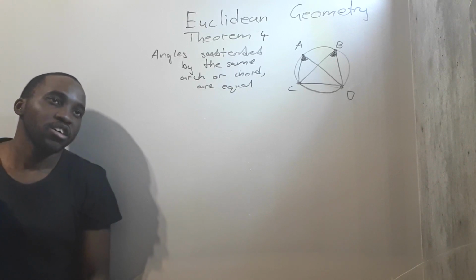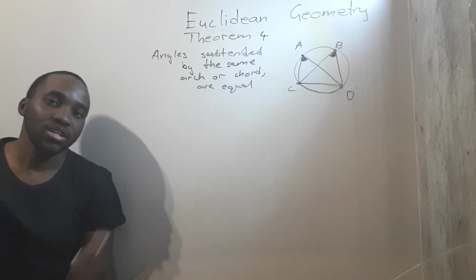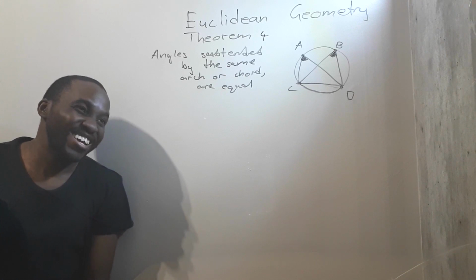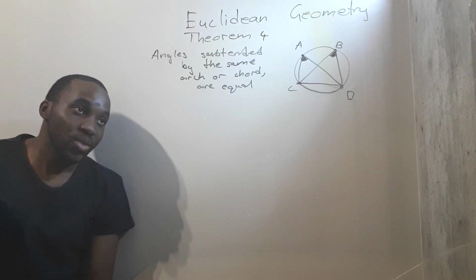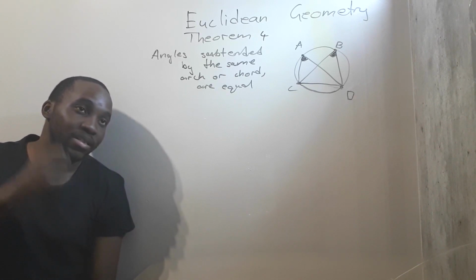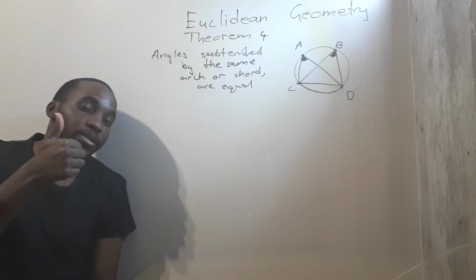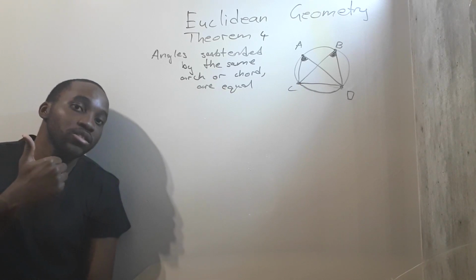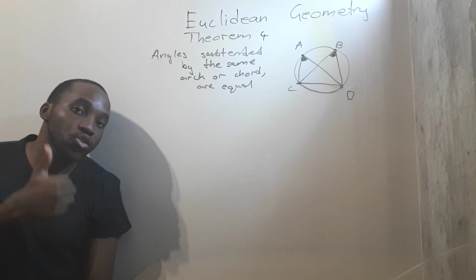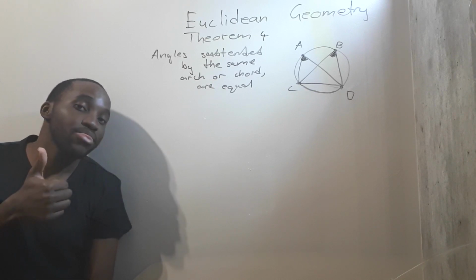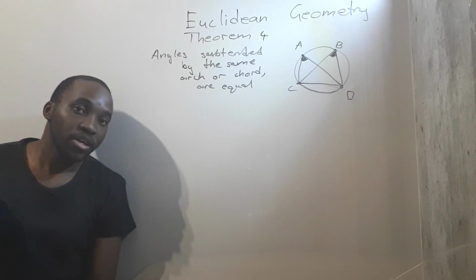So you may be thinking here that the keyword is same. So the blunt answer is no. The reason why I'm saying that is angles subtended by the same chord or arc will be equal. However, angles subtended by arcs or chords of the same length will be equal to each other. In other words,